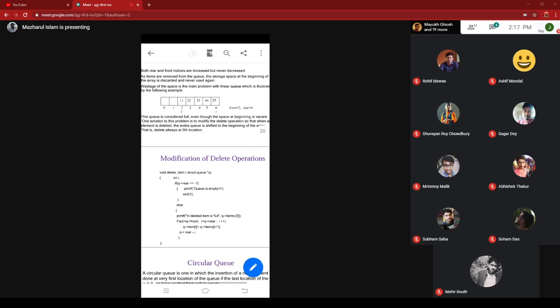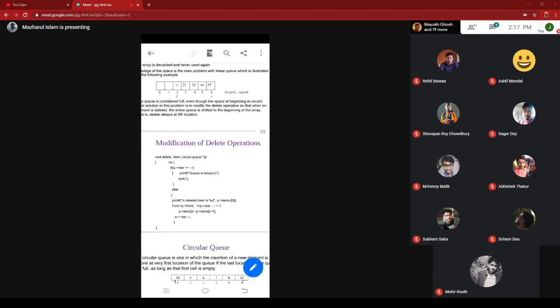So here is the modification of the delete operation. You have to check it.